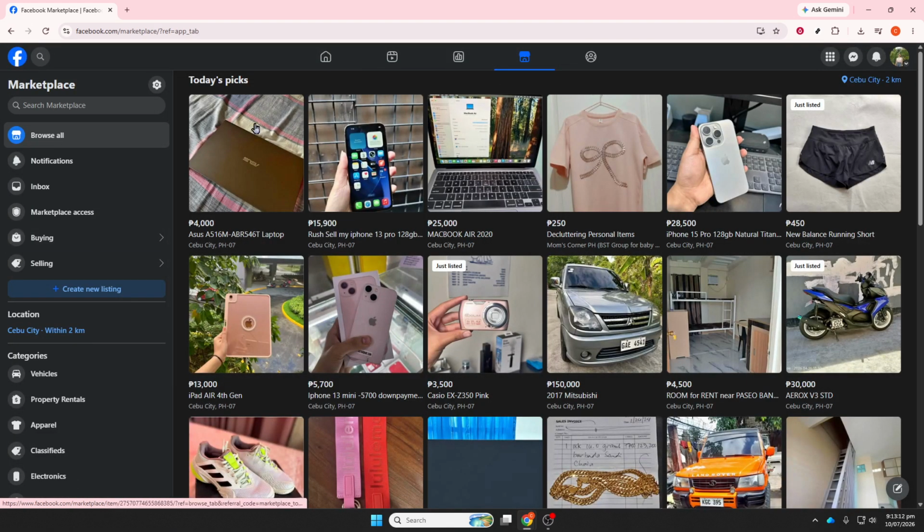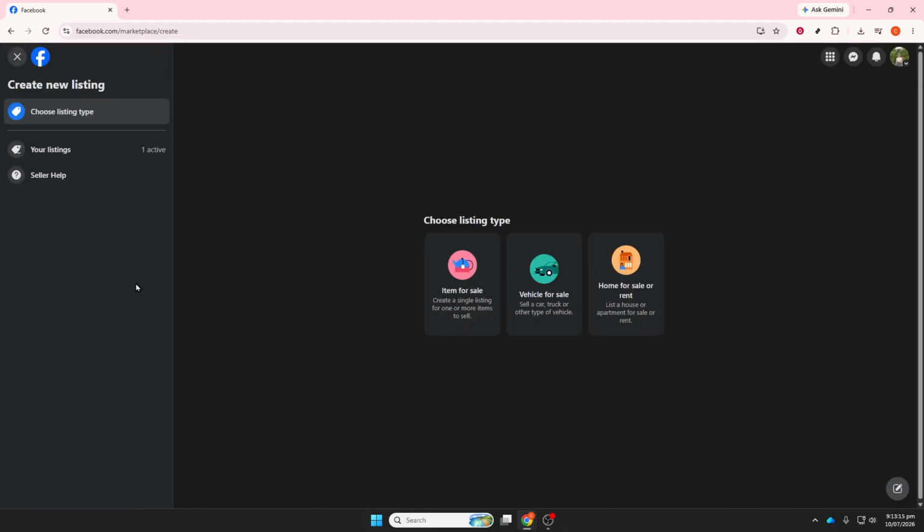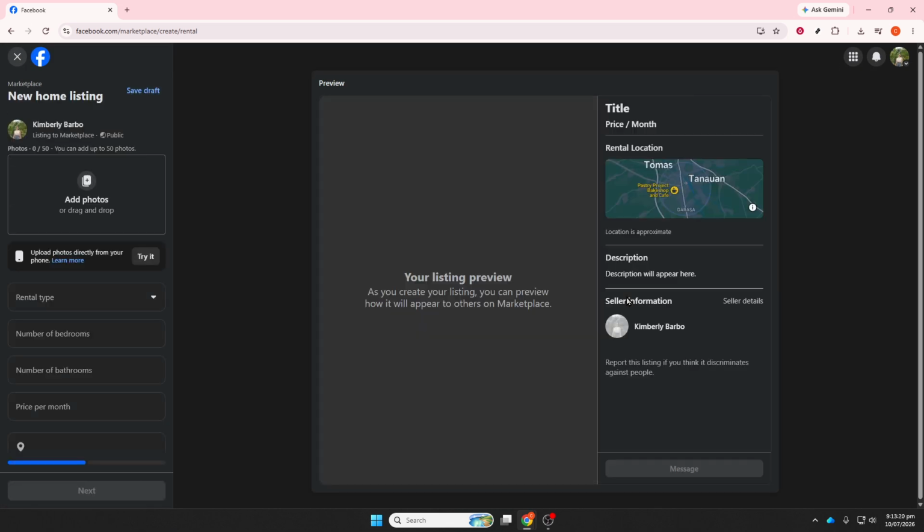After Marketplace opens, look for the option that says Create New Listing or Sell. Tap that, and then choose the category that best matches your listing, such as home for rent or rental property, if that option appears. Choosing the right category is important because it helps people find your listing more easily when